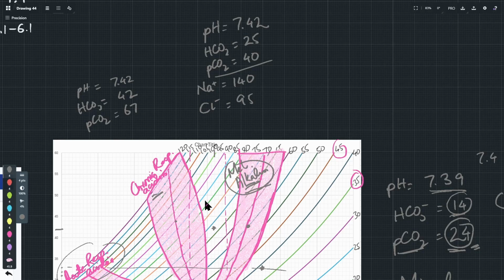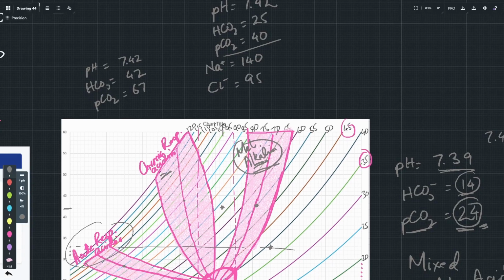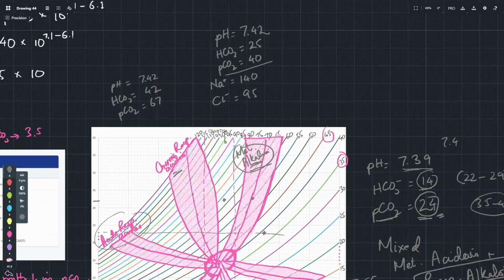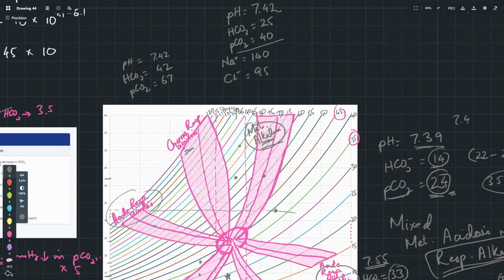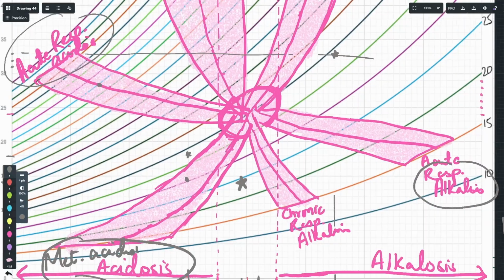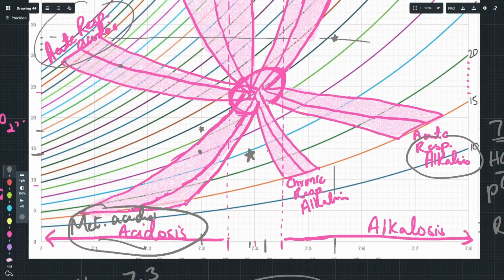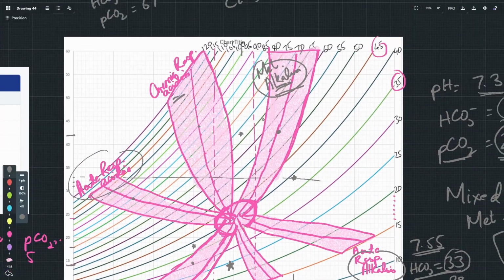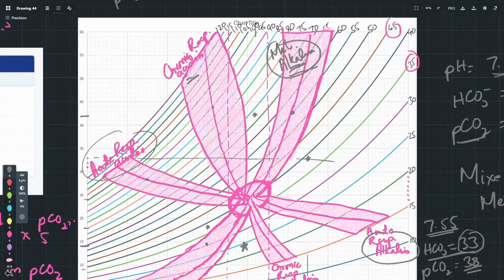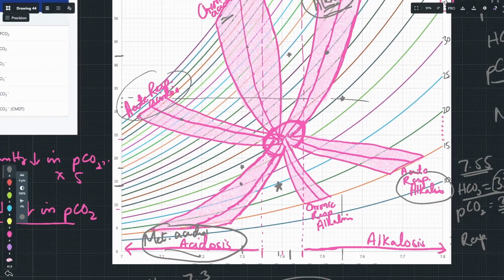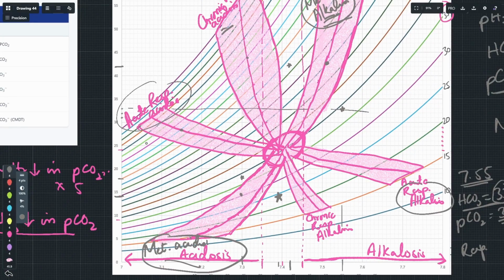Now, if we point it on the Davenport diagram, we can do so. 40, okay, 7.42 we have already marked for another scenario, and the other thing is HCO3 25, that is here. We can follow this,